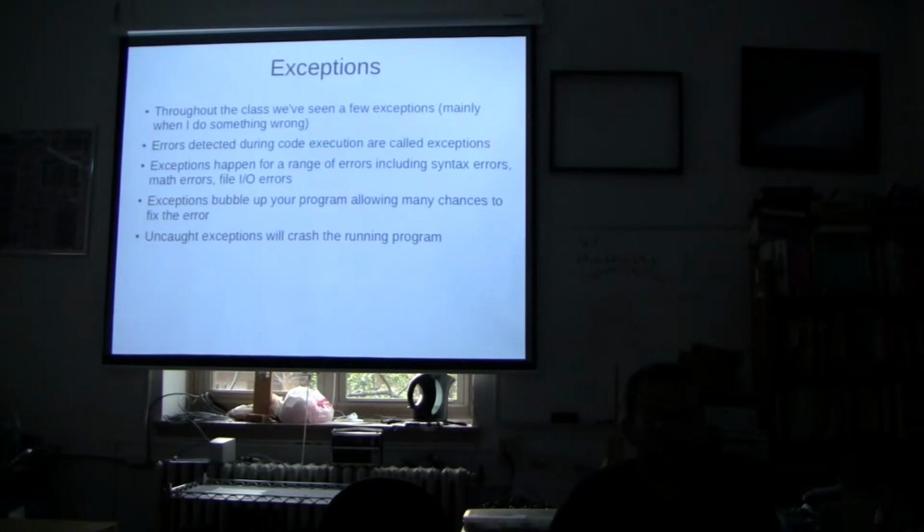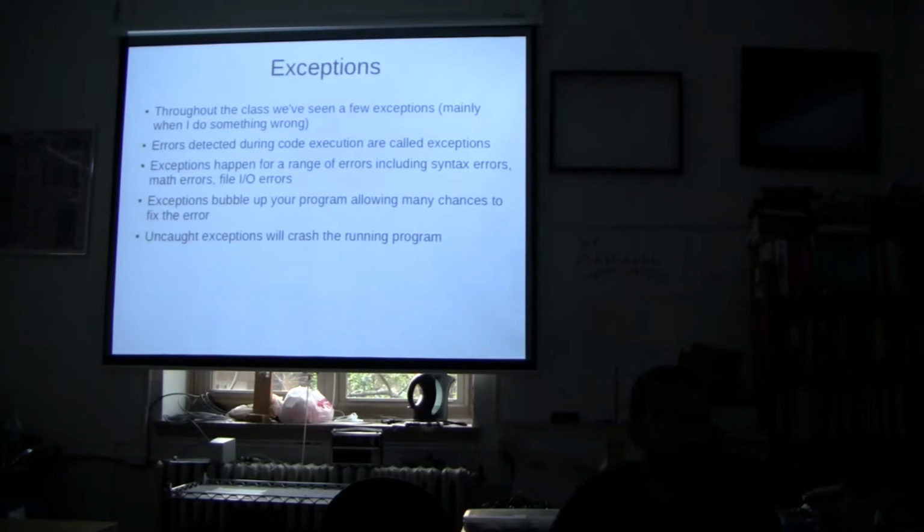All right, so what I mean by bubbling up, right? In your program, generally you're going to be within some deep nest of functions. So you have a main function, which calls a function, which calls a second function, which calls a third. And if the third errors, throws an exception, it's going to bounce back to the third, then the second, and then the first, and then main. And then if main doesn't handle it, it's going to bounce back to Python and then break your program. It's going to kill it on the spot. But it could be handled. Exactly. Yes, you can handle your exception wherever in that chain.